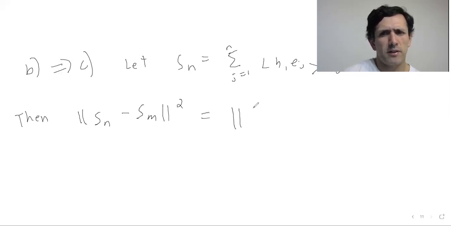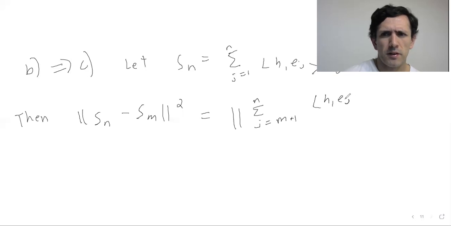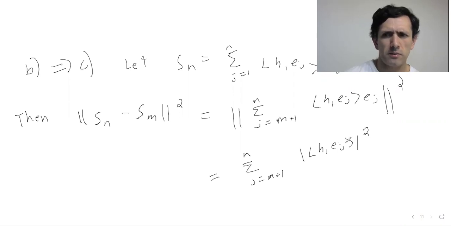So we could just use Pythagoras's theorem. There's really not a whole lot to this. So this is the sum from j equals m plus 1 to n. Use Pythagoras's theorem and the fact that we are dealing with an orthonormal set, we have that this is going to be equal to the sum from j equals m plus 1 to n of the modulus squared of <h, e_j>. And this converges to 0 as n and m converge to infinity